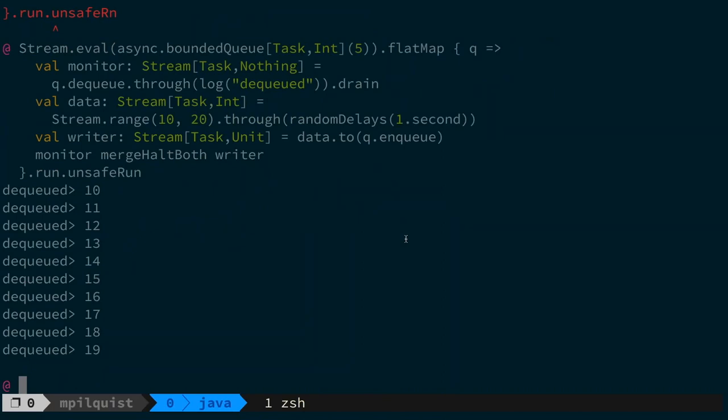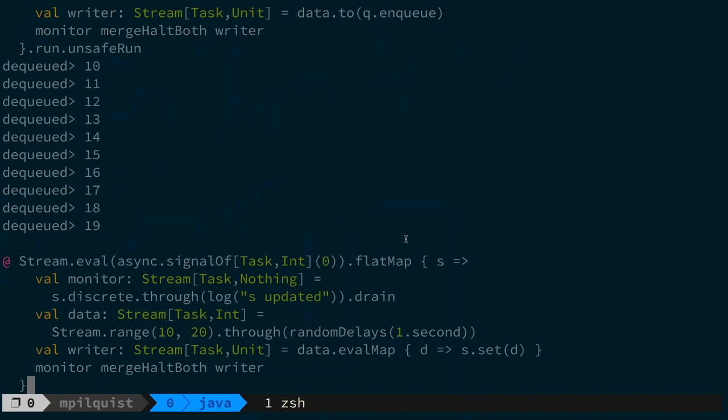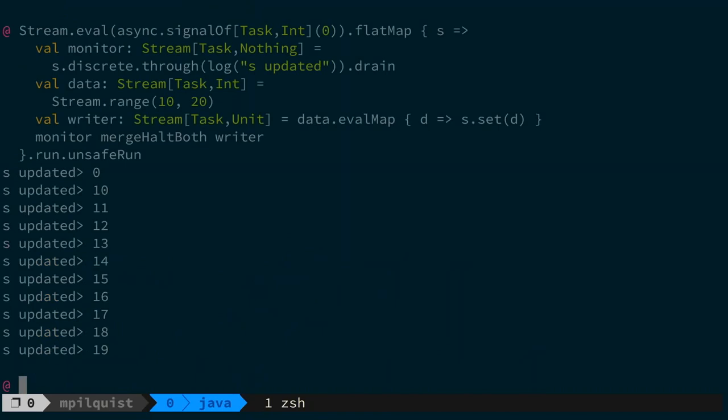What's a little different, though, is if we were to take this signal example, and let's say our data becomes available very, very quickly. Here we had this random delay on each individual data element. Let's just temporarily remove that. Let's run our signal example such that everything is very quickly available. And that was not quick enough. But if we were to do it quick enough, you would see that